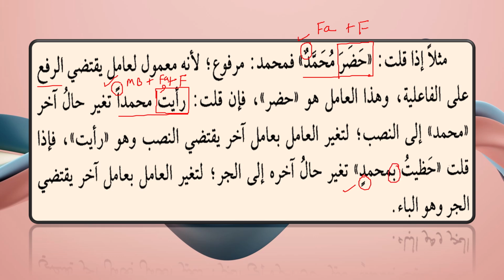As I spoke already in my previous slide, this harf jar has made this noun go into the majroor case. Now this noun Muhammad is called ism majroor. So that's why it has taken a kasratain. So our amil factor is the harf jar here. This is the factor, this is the reason that has sent Muhammad into the case of jar. So this is what has been shown in this paragraph.